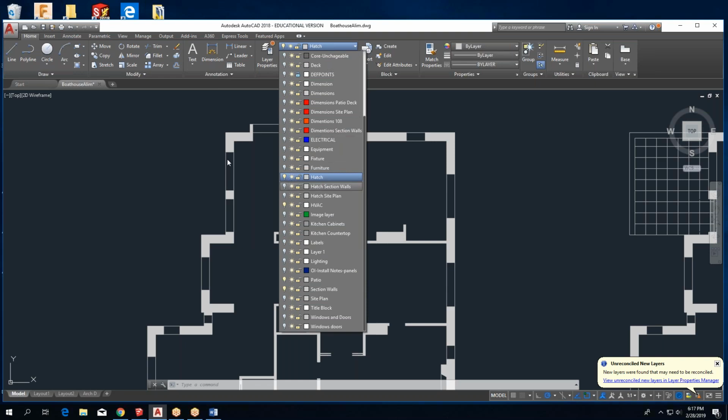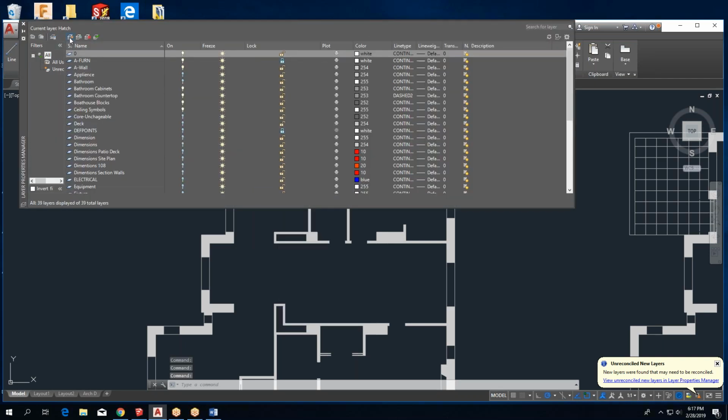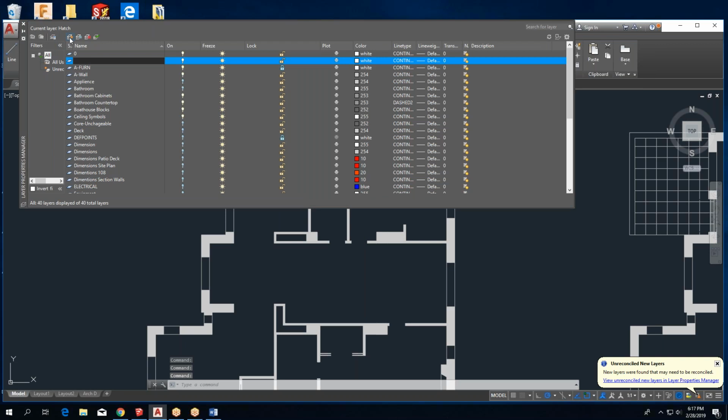So I'm not going to fight you on the differences between these two hatches. If I go into my layer properties, and just a basic review of how to create our layer, we click on our little Starshine paper set and we say hatch so that it's alphabetical. We can go to hatch quickly and we will call it RCP, reflected ceiling plan. And so if I make this active